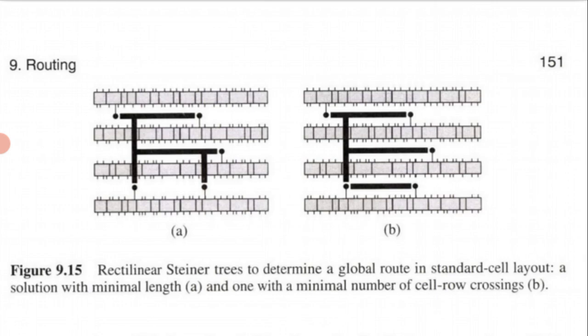Then what is a feed through cell? These are cells that are inserted between the functional cells in a row of the standard cell, with the purpose of realizing the vertical connection, that is, just to make the vertical connection. Also, we can use the feed through wires that may be available within the standard cell. So these are all called feed through wires. We just have to understand this concept of what feed through wires are.